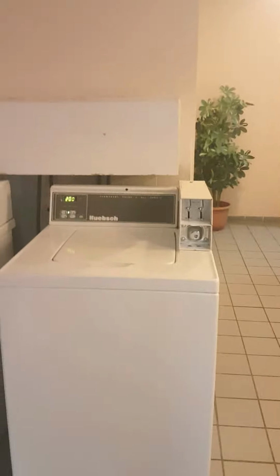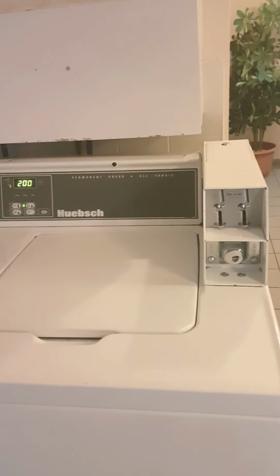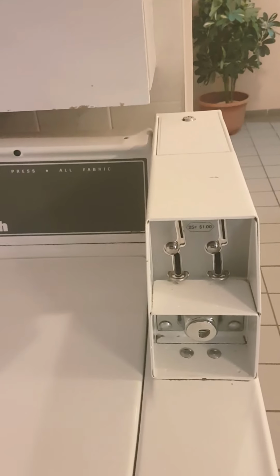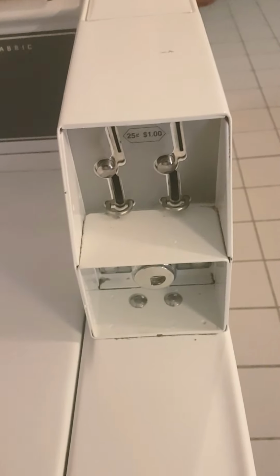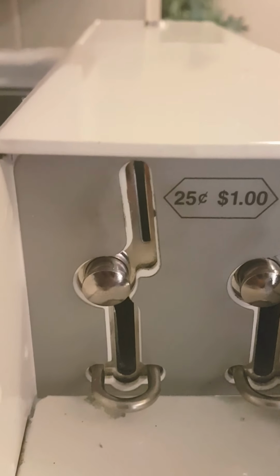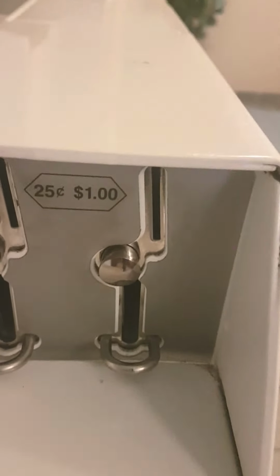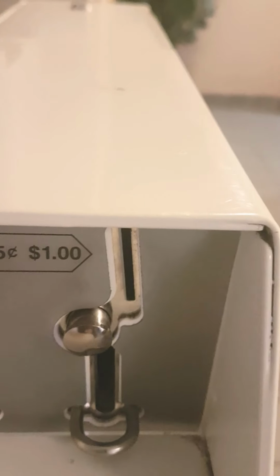Coins matter because all these machines you need to have coins. If you don't have coins, you can go down to the reception, give them the bill, and they'll give you coins, right? So I had to go get the coins for doing my laundry. As this is a paid service in this hotel, you have to insert coins here, and if you see, it's 25 cents and $1. So if you have coins of 25 cents, you have to put 8 coins, sorry. And if you have $1, you just need to put 2 coins. It tells you the different